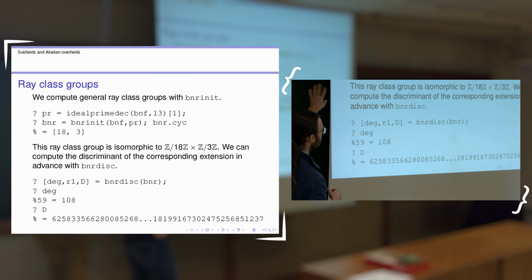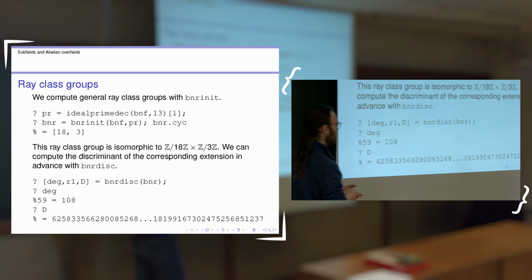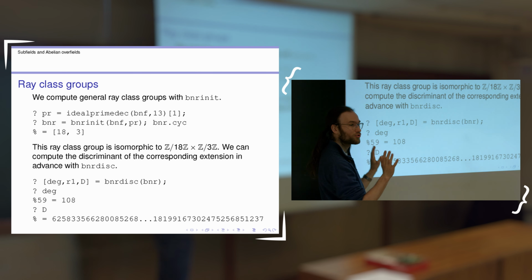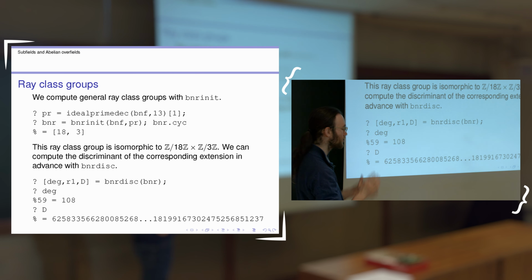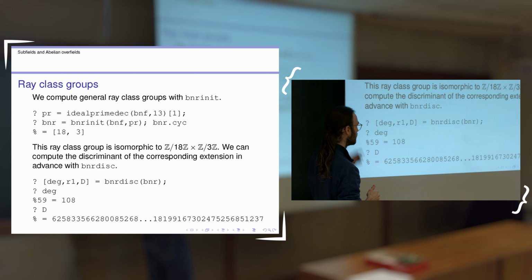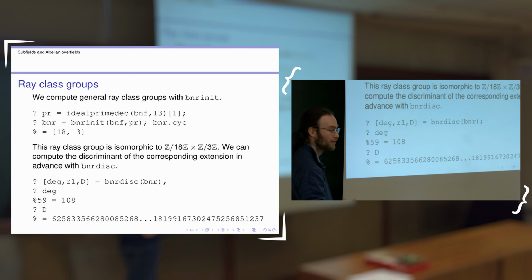OK, so just one quick mention. Depending on what you're going to do, you may not want to actually compute the extension. So you should be aware that there's a bunch of things that you can compute without actually computing the extension, and in particular, well, of course, the degree, but that's kind of trivial, but the discriminant from the, well,